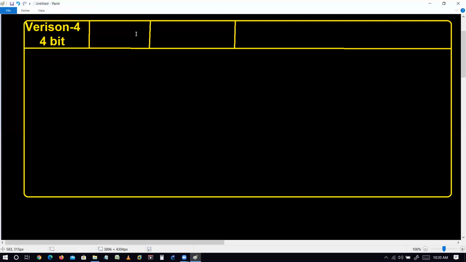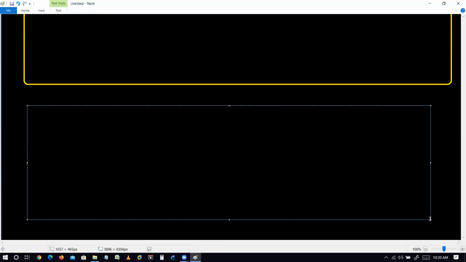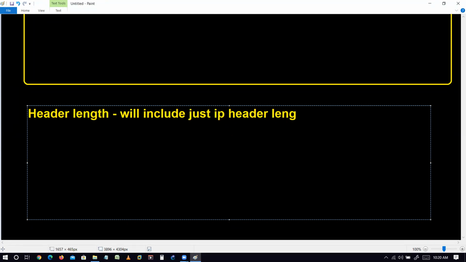Next thing, it will add the header length. Okay, and the size of the header length is again 4-bit. This header length will include just the IP header length, excluding data.